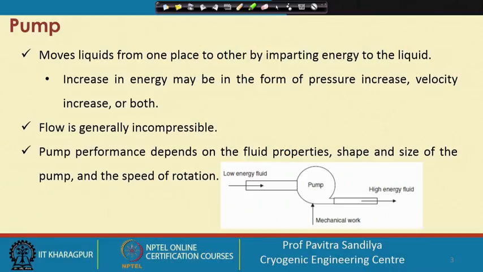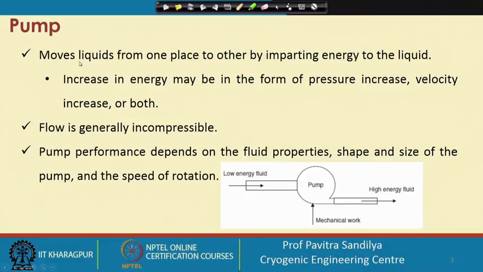machineries. So in this particular lecture we shall be looking into the various types of pumps which are used in natural gas systems, and we shall be learning about the classification of the pumps, the positive displacement pumps, the kinetic pumps, the selection of the pumps, and the performance of the pumps. So first let us see what pumps are.